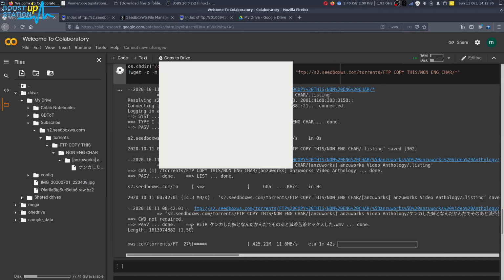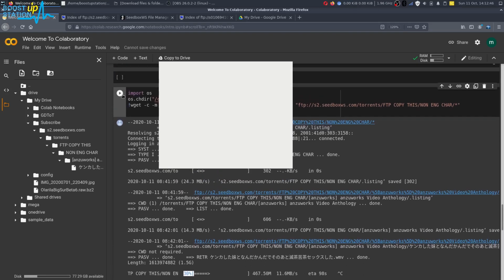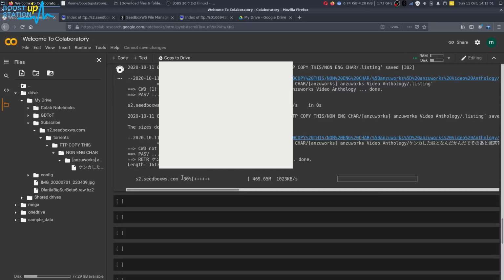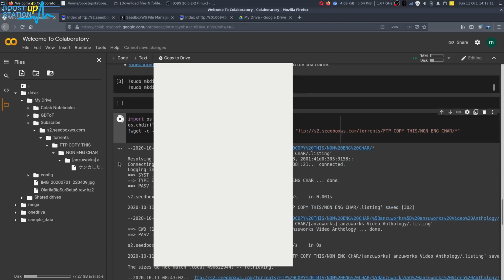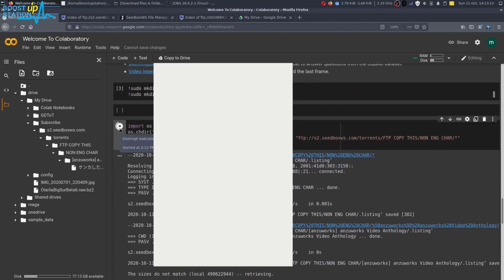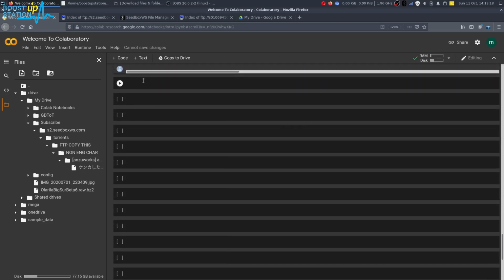Let us pause it. It is at 28%. Stop it. You can see that it has downloaded 30%, and if we start it again, it will resume from 30% itself rather than downloading from the beginning. You can see it is starting from 30% itself. So we have both resume support and high speed with recursion. It will be downloading all of these. Let me stop it here and quickly show you how to go with the public FTP folders.